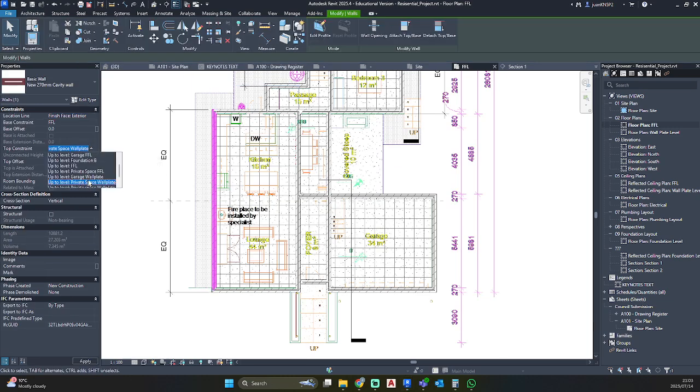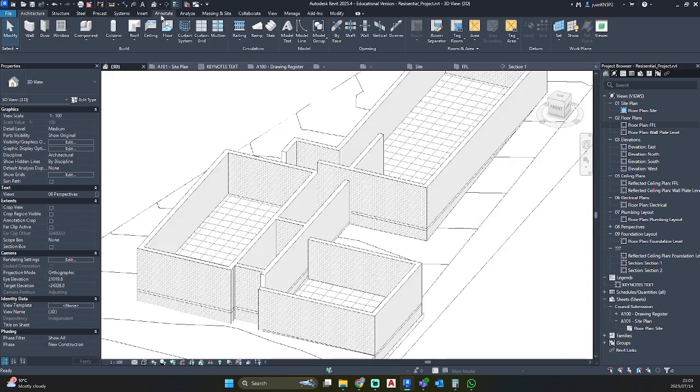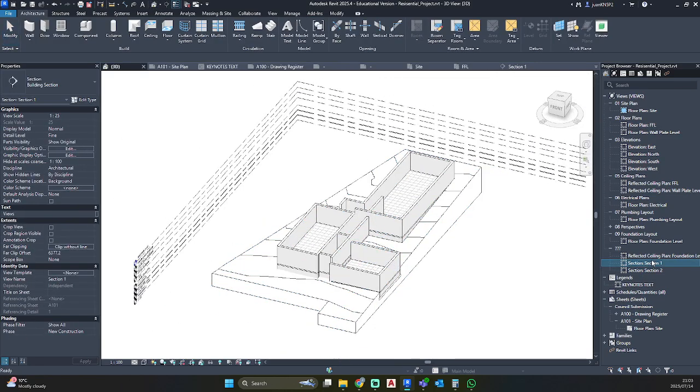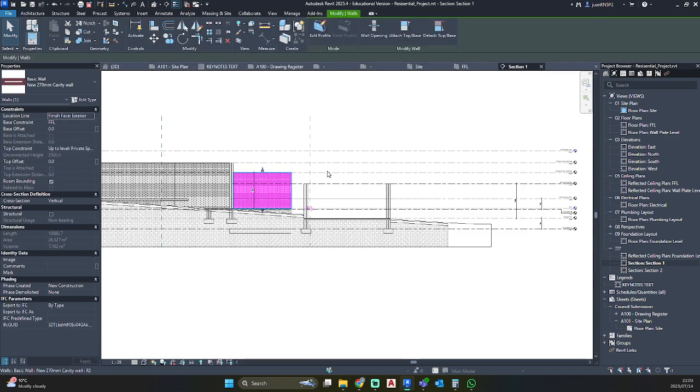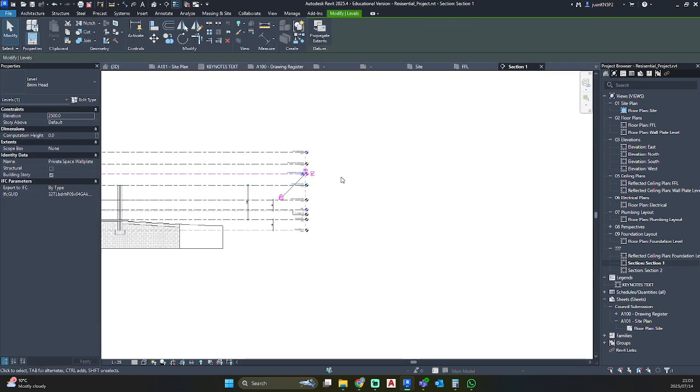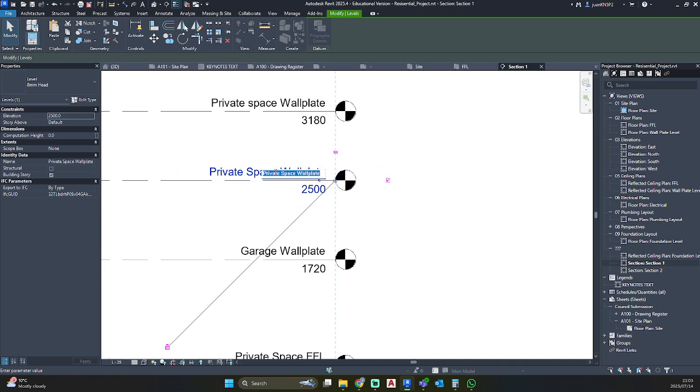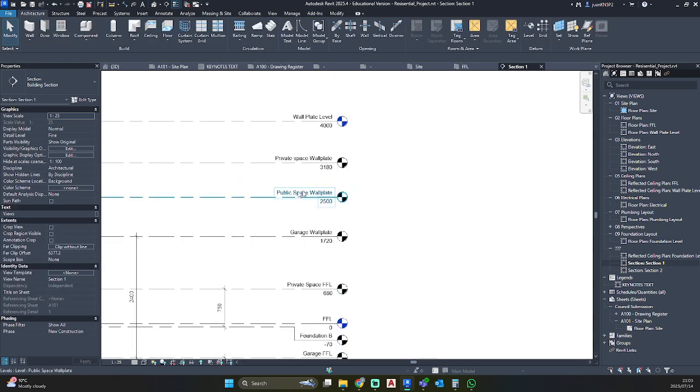See, private space wall plate. Did I create two? I was wondering why that was like that. My apologies. That level needs to be public space. My apologies for that. Seems that I have missed renaming that one.